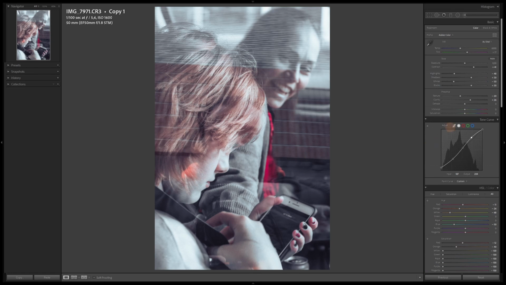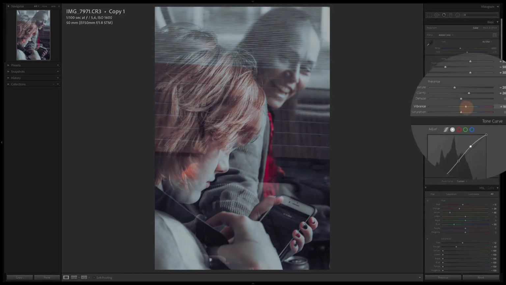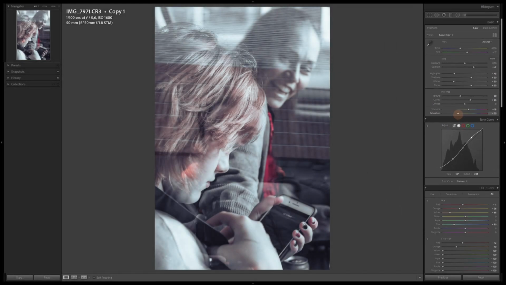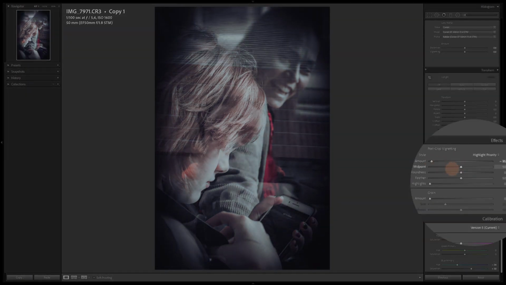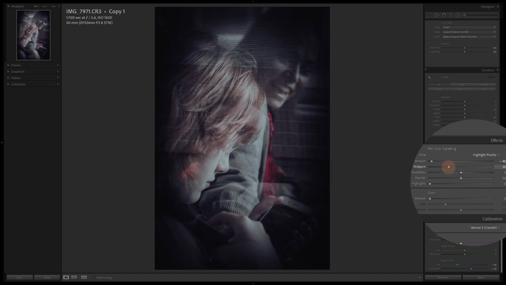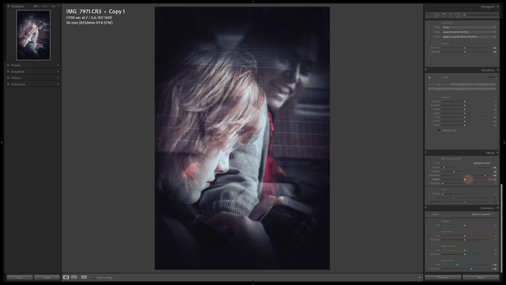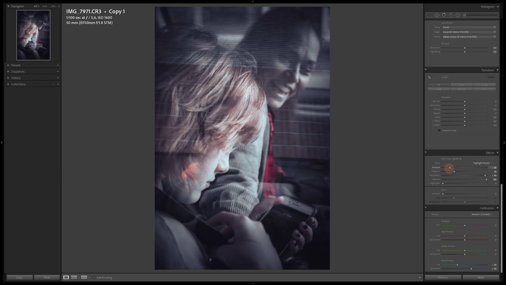Now we're adding vibrance and saturation. So I usually add vibrance in most of my images. I think +18. I'm decreasing saturation to around 30. And we are almost done, but this doesn't look at all like the image I previewed. And the reason for that is we are adding quite a bit of vignette to darken everything but the center of the image. Just as before, I'm adding way too much vignette so I can control the midpoint. I actually think that looks good. Then I'm adding roundness, feather, and decreasing the amount till I'm happy.